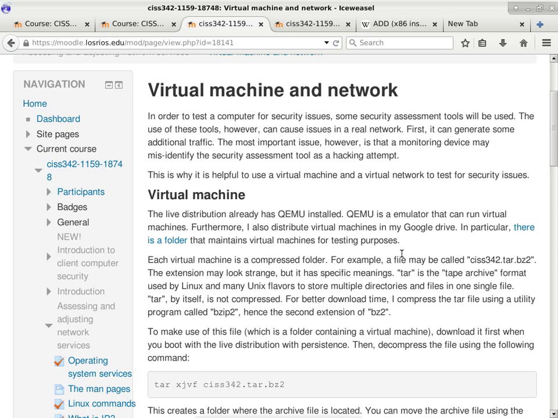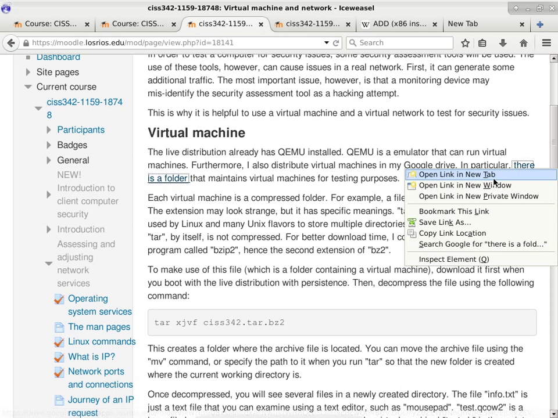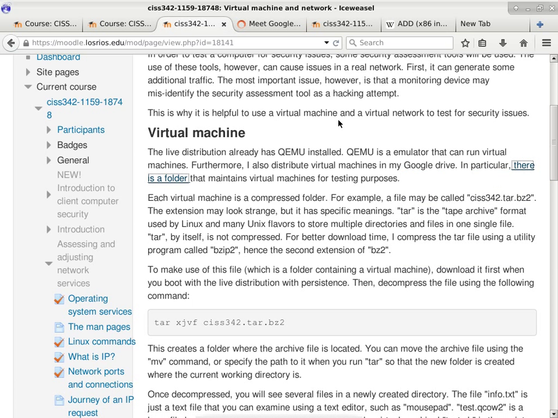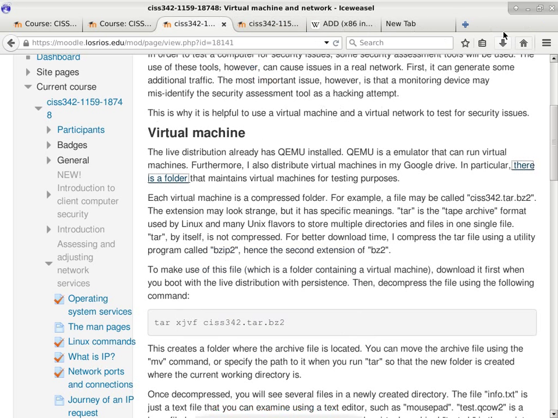Okay, first thing first. This is a link to a folder that contains, right now it only contains 1 single archive file. I will go there, but I'm not going to download anything because I have already pre-downloaded that file. It took a while. So let's see. It wants to sign in. Okay.